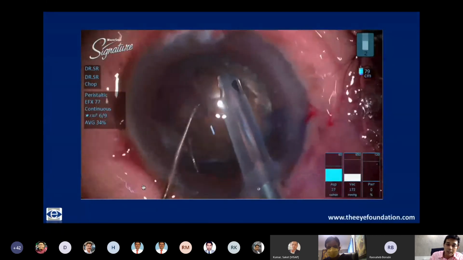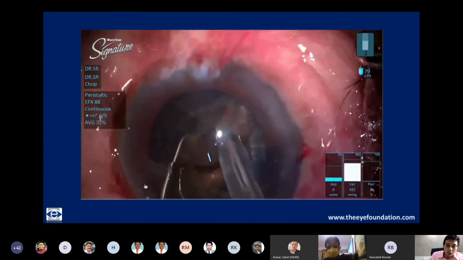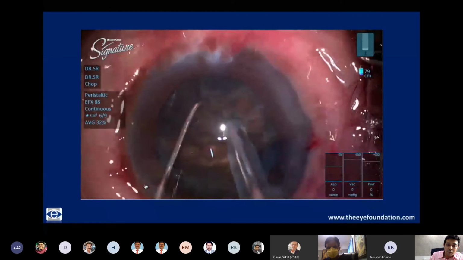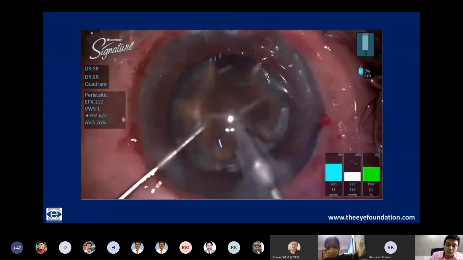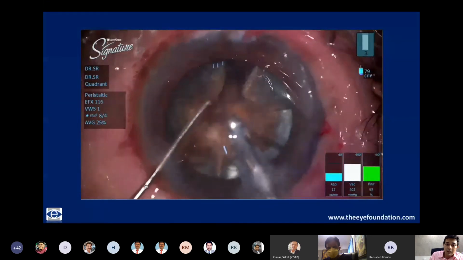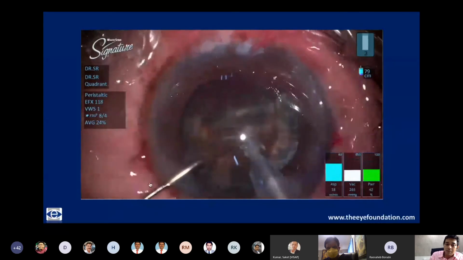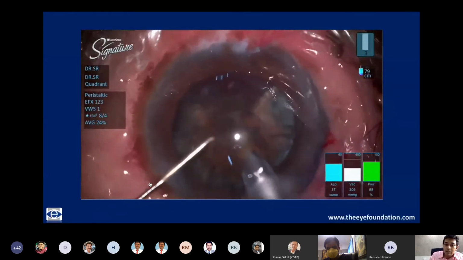So as you can see here, with each subsequent chop, I'm going deeper and deeper. I'll go ahead, occlude, separate the anterior fibers to about 50-70%, then go deeper, hold again, deeper, and ensure that I separate it. And once it's separated into multiple pieces is when I emulsify. This emulsification which I showed just now was actually happening in real time. It's not an edited video.